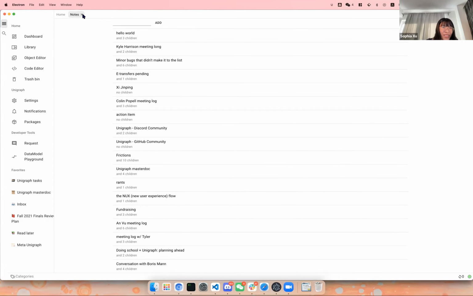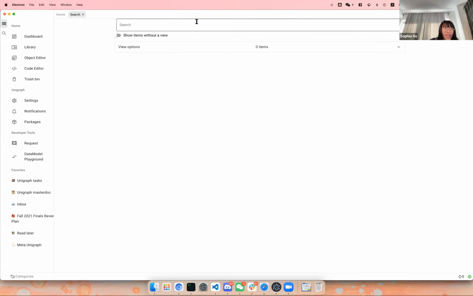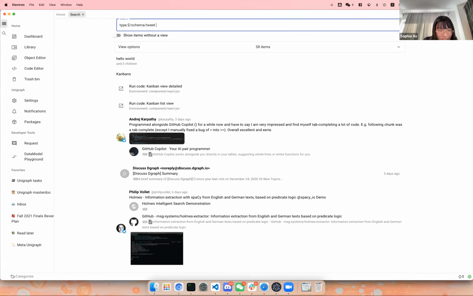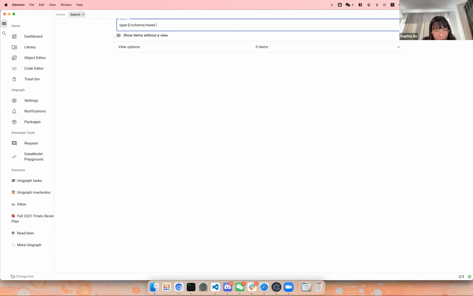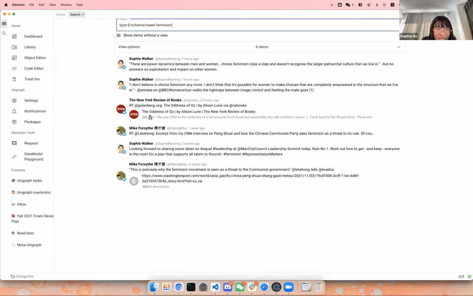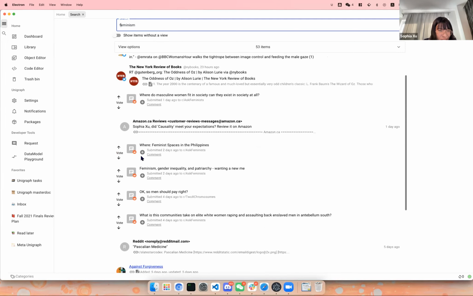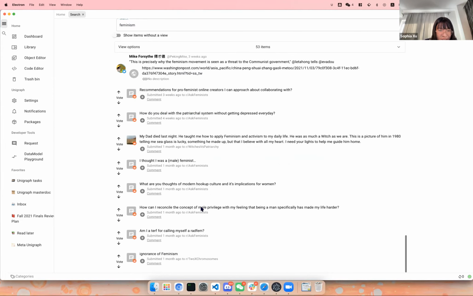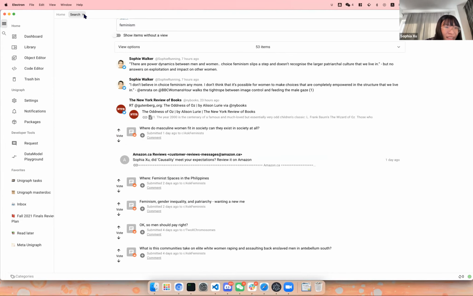And the last feature I want to show is the search bar. It's basically search for everything. You can, for example, type schema / tweets, so to only search for tweets. And for example, I want to search for just anything. You'll be able to see all of the Twitter items matching the text with this tweets. When we delete that, it'll be able to search for everything, from Reddit to email, to RSS feeds, to your notes, etc. I don't have a notes on this topic. And yeah, this is everything.